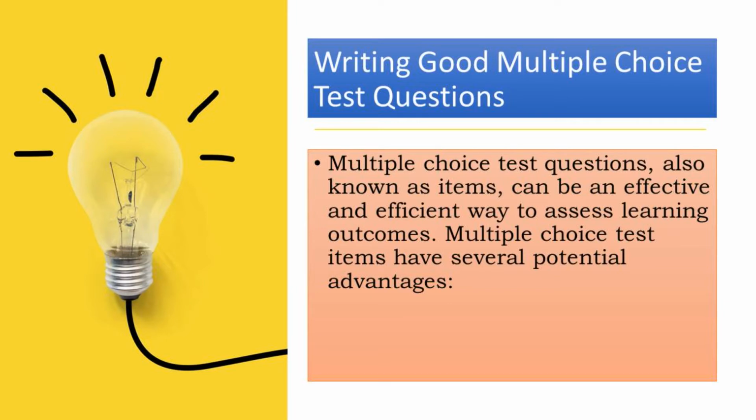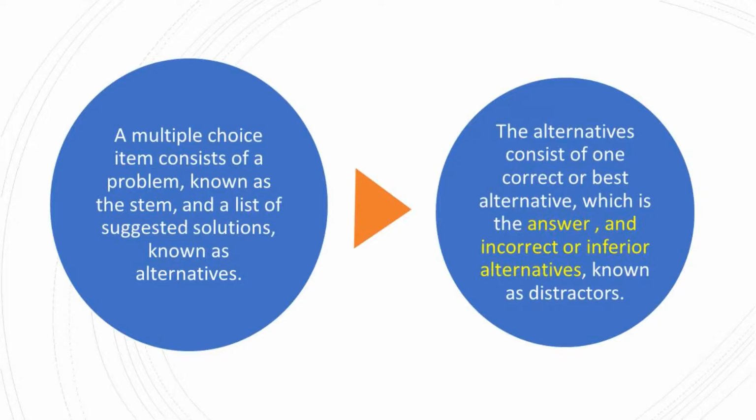Now we will come to how to write good multiple choice test questions. As we know, multiple choice test questions are also known as items, and they can be an effective and efficient way to assess learning outcomes. They have several advantages. A multiple choice item consists of a problem known as the stem and a list of suggested solutions known as the alternatives. The alternatives consist of one correct or best alternative, which is the answer, and the incorrect alternatives are